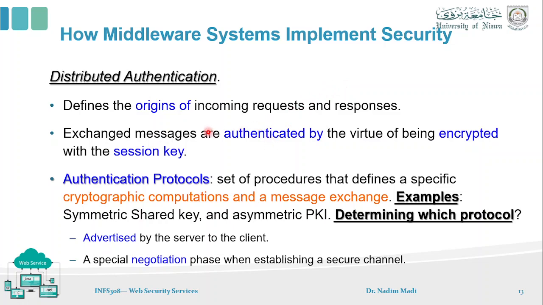To recall, authentication means how the different entities verify their own identity to one another: how a client can verify its identity to the middleware, how a middleware can verify its identity to the server, and vice versa. This is done by using an encrypted session key, or maybe a certificate, as we discussed in the previous chapter.